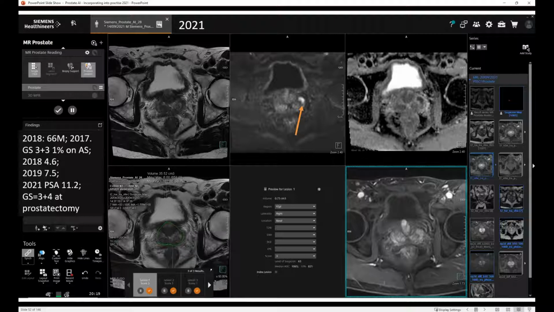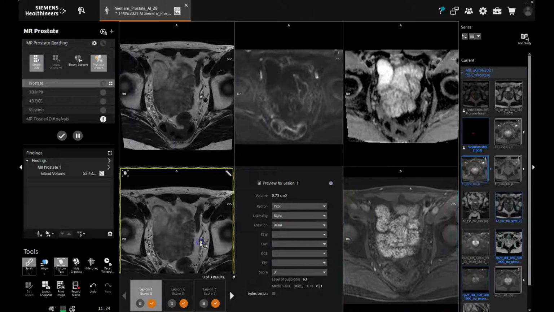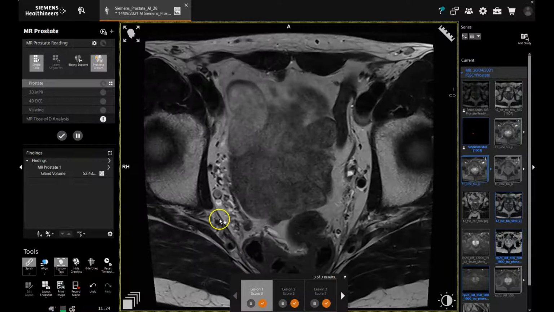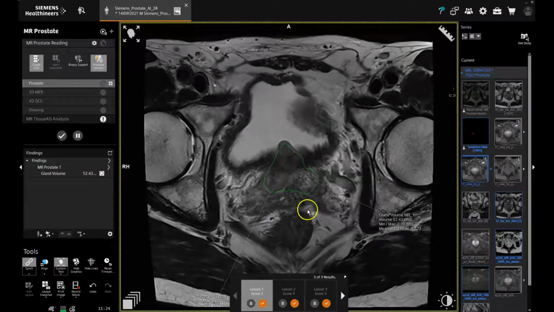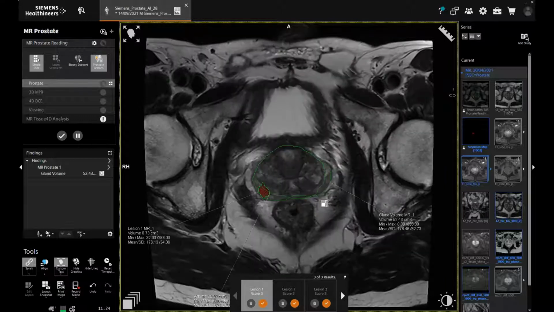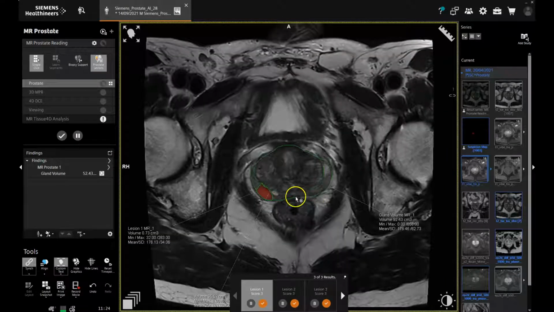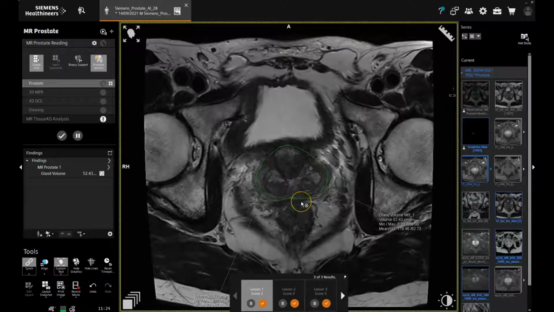So let's look at the case in 2021, and this is patient AI28. So here he is in 2021. Let's have a look at the segmentation first. We go down. The lesion in question is in fact in this corner here, and you can see it's just at the margin of the segmentation. We're going to ignore these other lesions for the moment, but you can see that that lesion is not spotted,